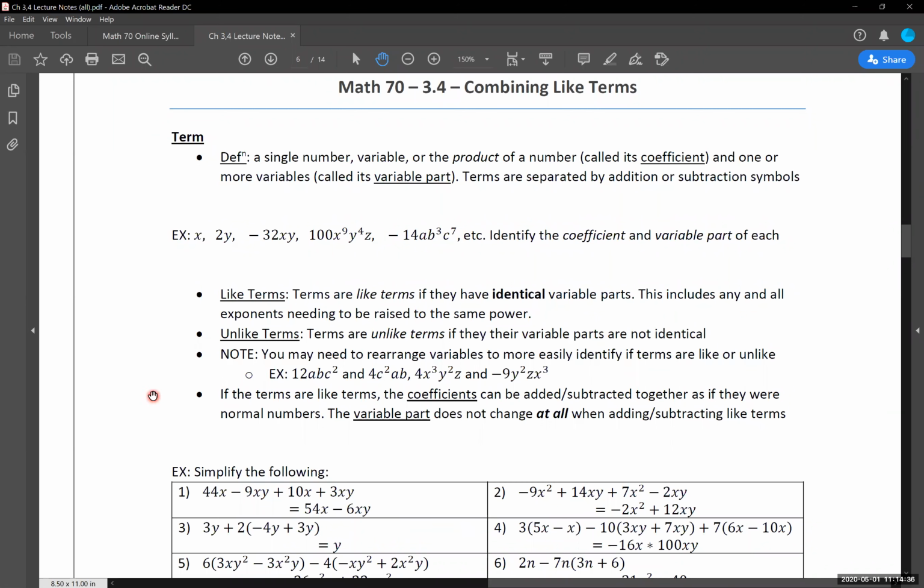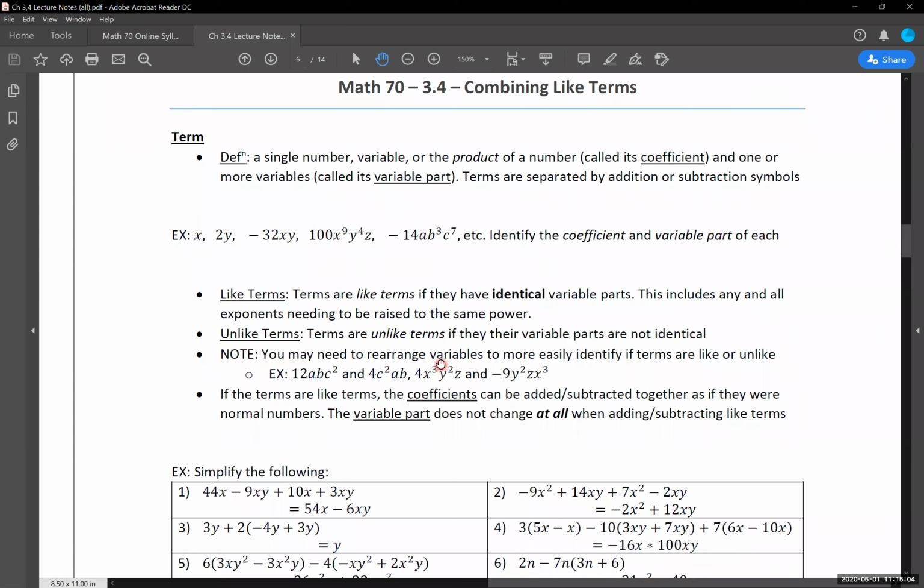Okay? So this section is extraordinarily picky with what we can or can't combine together. And it all comes back to our definition of like and unlike terms. So make sure we have this nailed down for ourselves because it's very, very important. Some of the other parts that come in with this, and I'm just making a note of this because it sometimes shows up on the homework, on tests, and you will probably see it in future classes.